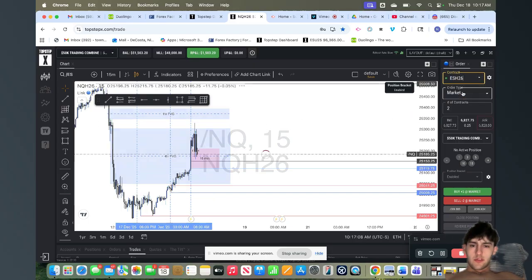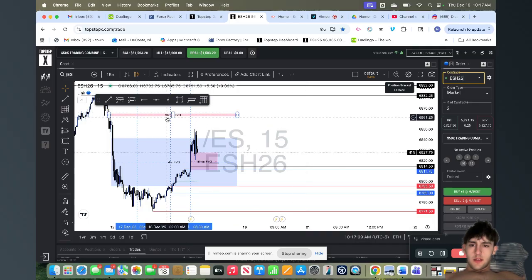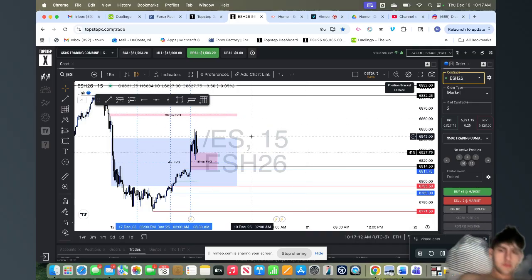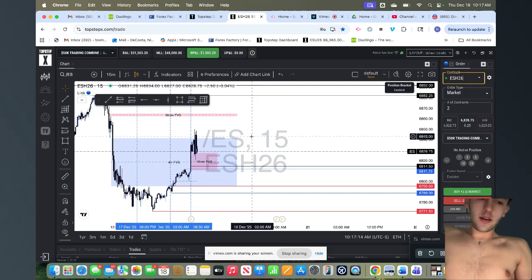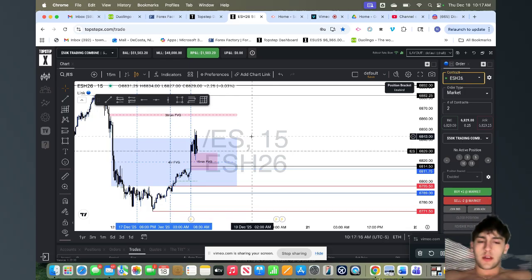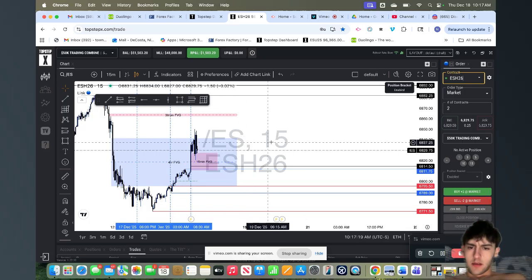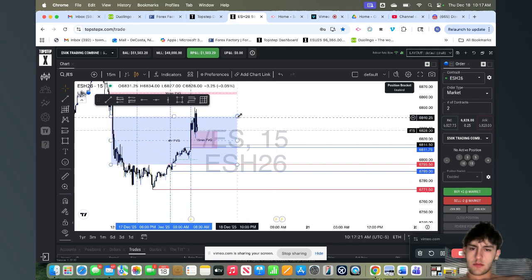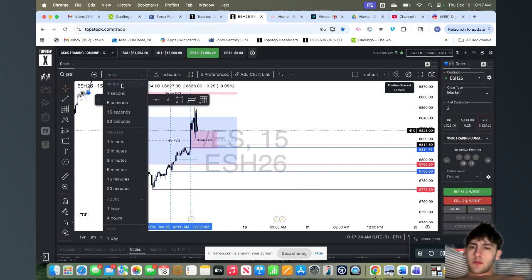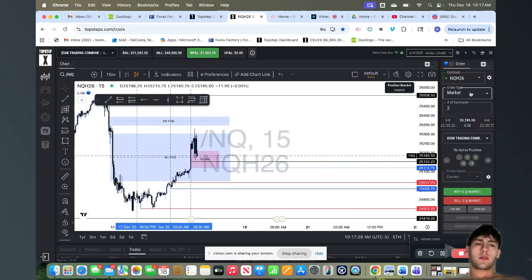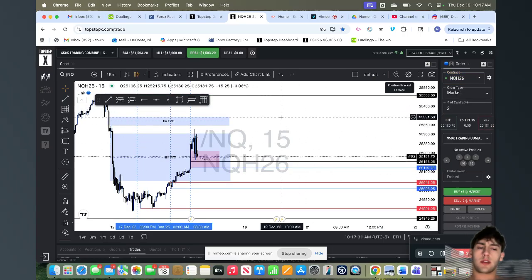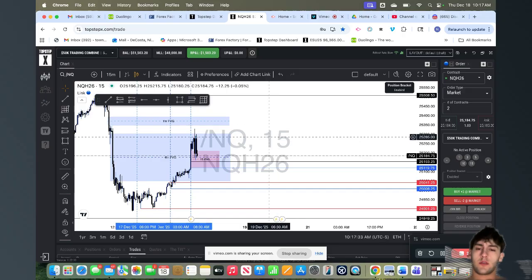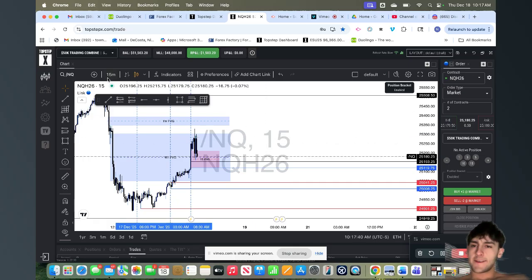And the same thing applies with ES. Instead of a 1 hour, it's a 30 minute. But either way, we have high time frame draws and liquidity resting above. And then we just have all these hourly draws here. I traded on NQ today, so I'm going to keep it mostly on there. I'm not really going to look at ES, considering we didn't get any SMTs, and there weren't really many differences in the charts to point out on ES. So I'll just let that be.